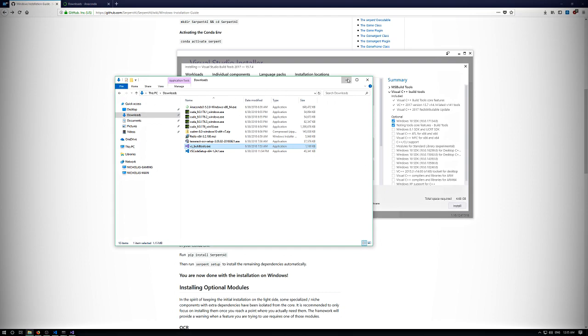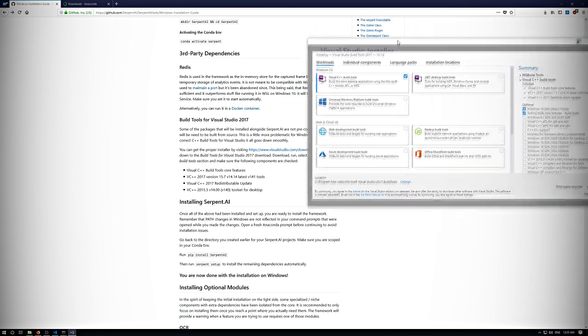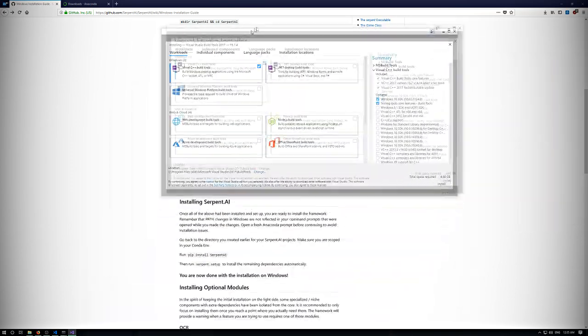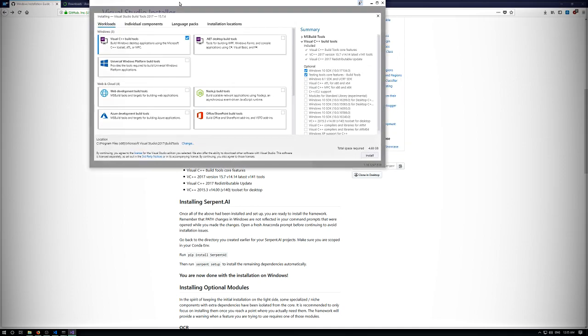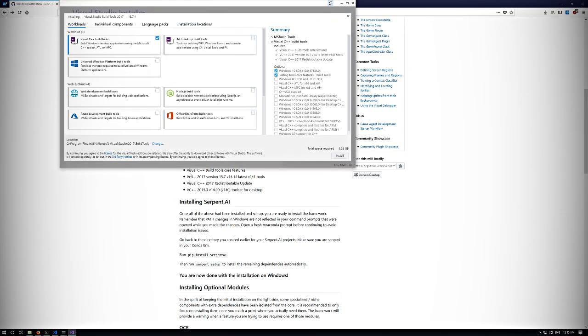All right, so let's see what we had as a list. First of all, you're gonna tick the Visual C++ build tools here. You're gonna click it like this. And then we need, no perfect place to put it. That sucks. All right, okay, so Visual C++ build tools core features, that's in there. Okay, version, that's already checked, cool. Redis update. Okay, so the only thing that we are adding,